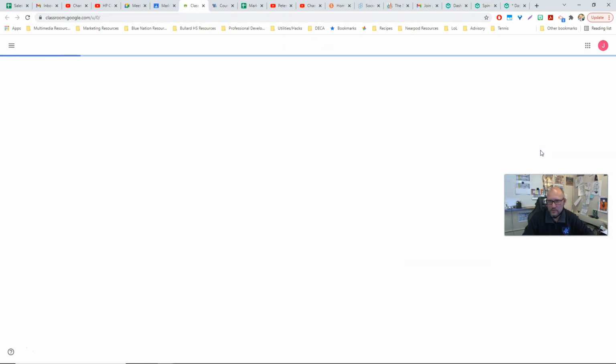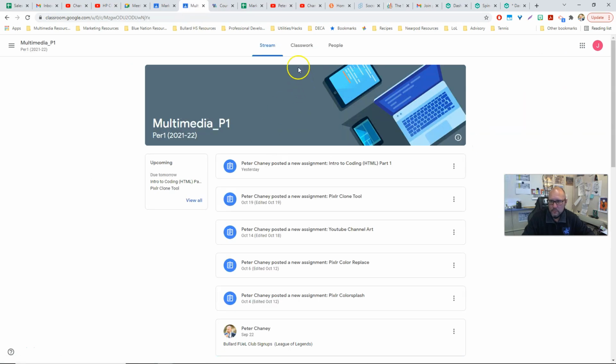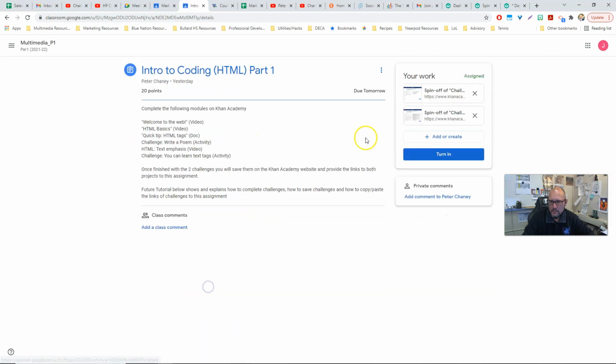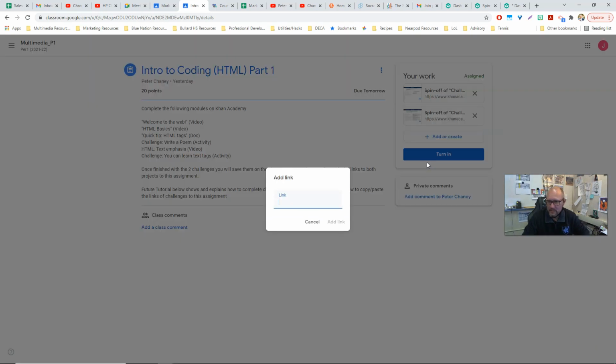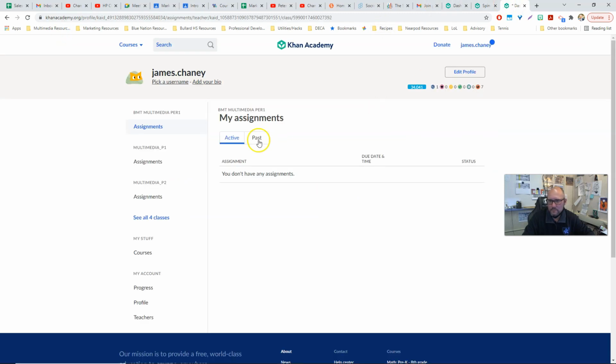If I go to the student side here, go to Intro to HTML Coding, and this is where you put it. So add link and paste, and that's how you do it. I'm going to do it again because I've got both of them sitting there for this assignment. So now we'll move on to the second part of this assignment,